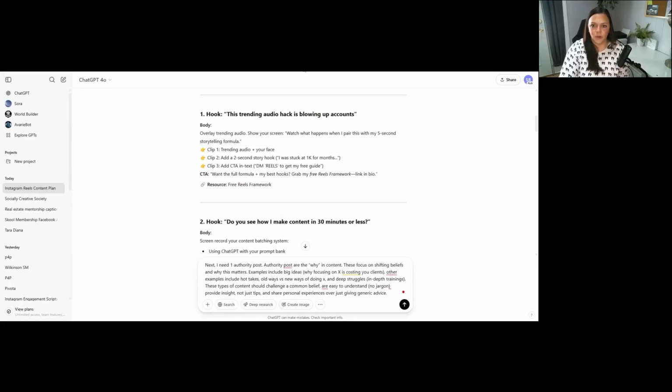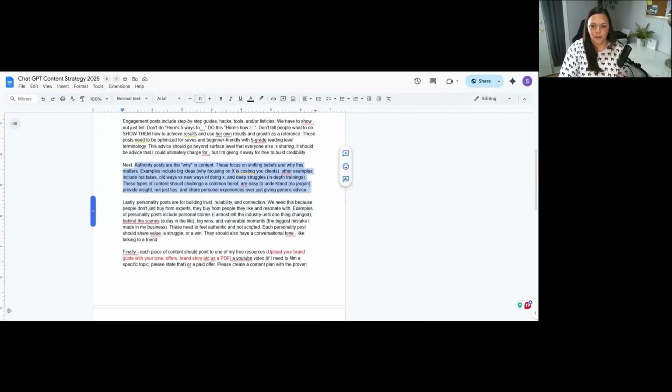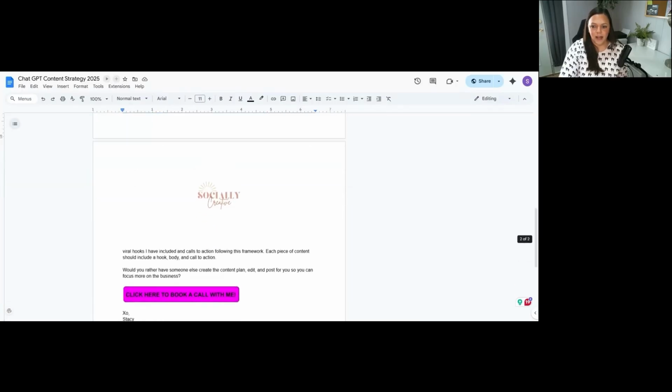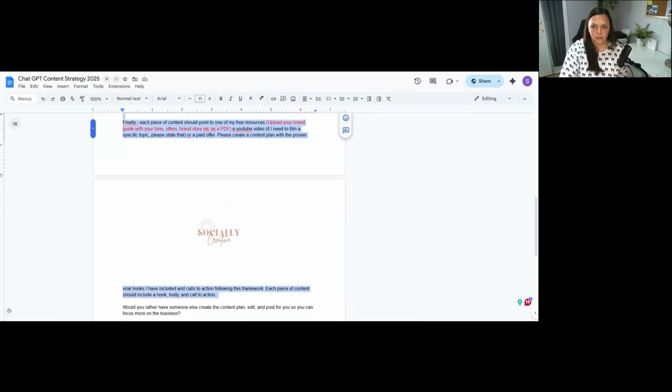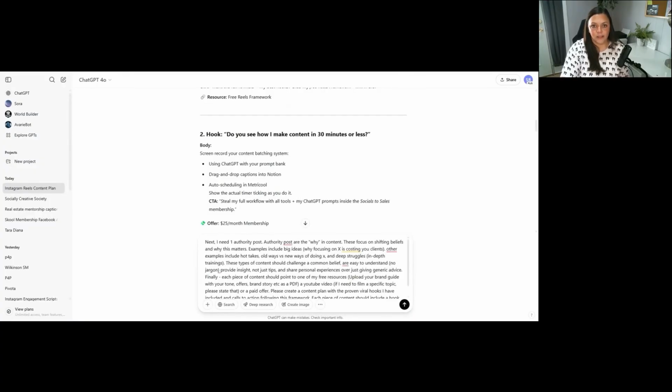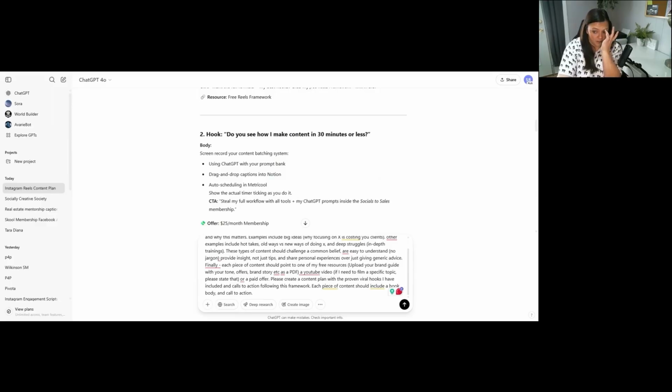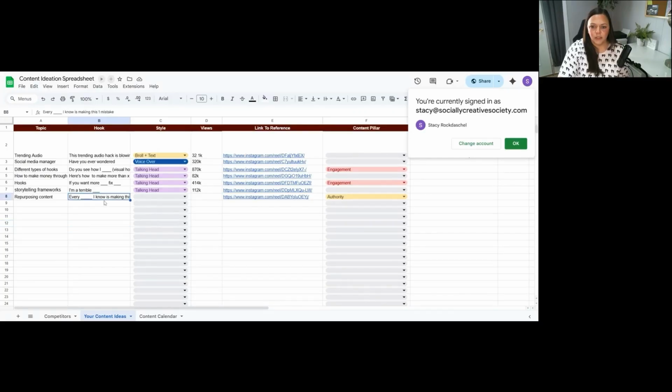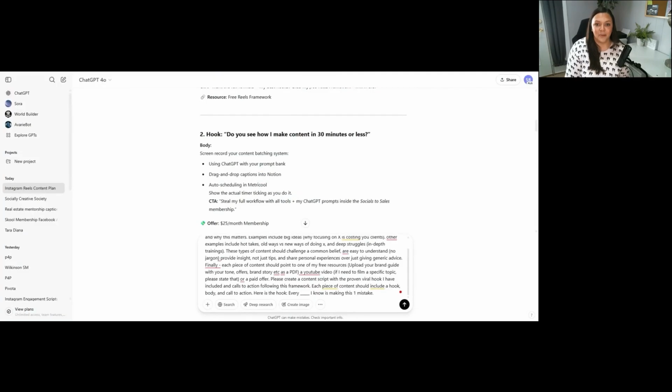And again, we're going back to our prompt, copying and pasting this last paragraph so that it knows to reference my offers as well as the hook that I'm about to provide. I'm gonna modify it a little bit. Okay, and then here is the hook. So you're gonna say, here are the 12 hooks I wanna use. So I'm gonna go back to my spreadsheet. This is the hook I wanna use. Okay, now we're gonna hit enter.